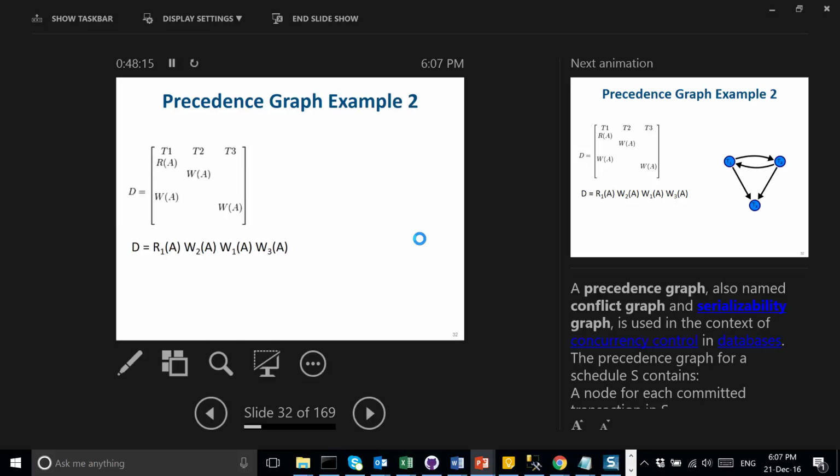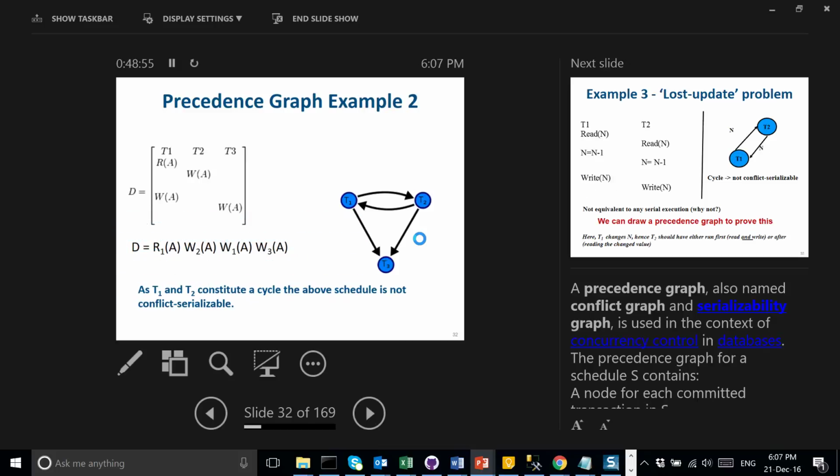All right, now here is another example. We did it last time, if you remember. And here, when we draw the precedence graph, we came up with a graph like this. And you can see here, the graph is cyclic. There is a cycle. Here, T1 says, I have to go before you, and T2 says, I have to go before T1. And the schedule will say, none of you will go. This is a non-serializable schedule. This schedule will not be able to run without causing a conflict. So one of the transactions will be aborted.